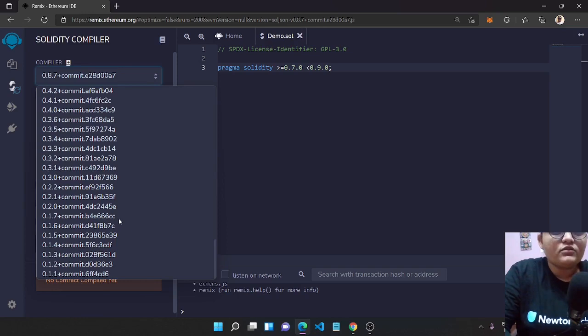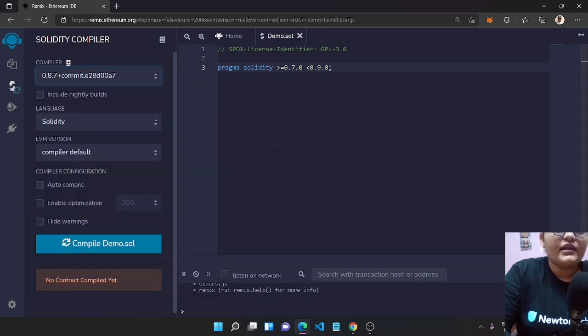So basically Solidity allows you to write for any particular compiler version. Your program could be of version 0.4, and your program could be of version 0.8. There are a lot of changes between these two versions, 0.4 and 0.8.